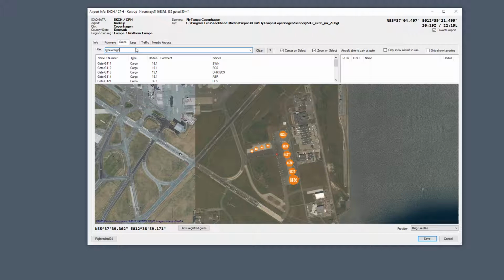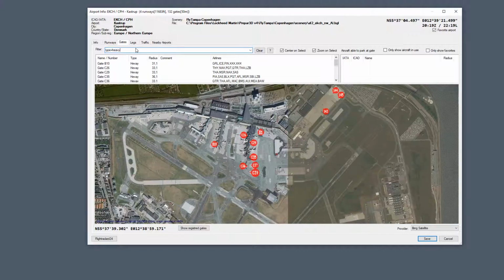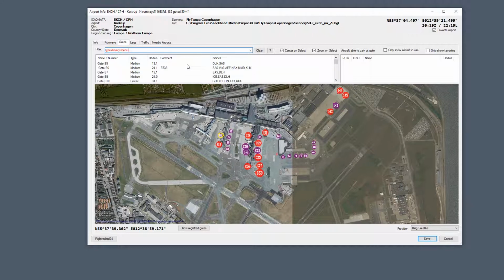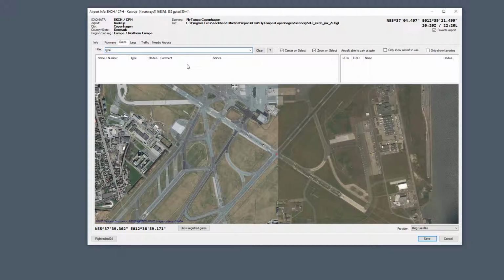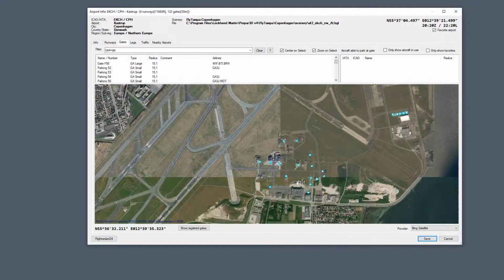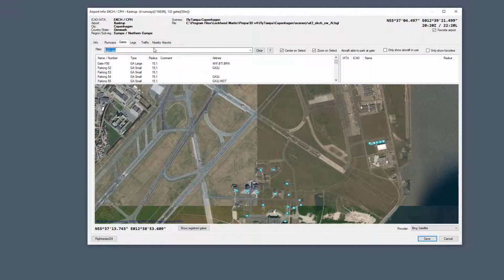Another type, for example, I can see what I have of heavy gates, and I see all those. Before, when we searched the radius, we set 36 meters, and you can see some of the heavy gates are only 31.1 meters, some are 33.1, and some are 36.1. Like before, you can write a slash, and I can say medium. As you saw me type this, the text is red, but medium can be shortened. You write MED or you write it in full, it doesn't matter. Or I can see, I don't know if there is any, but I can see general aviation, GA. We have them down here. I don't think we have any military, but